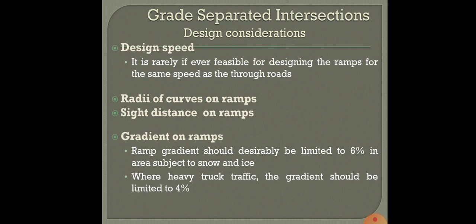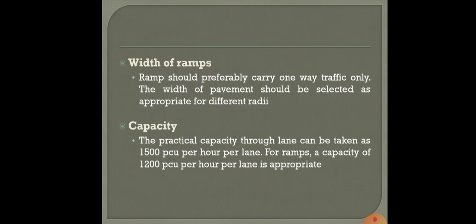And of course the gradient on the ramp. The gradient has to be limited to 6% in the areas which are subjected to, say, ice or snow, and where there is heavy traffic flow or truck traffic, etc., the gradient should be limited to say 4%. So unlike in the case of an intersection at grade, in this case the radii of the ramp as well as the sight distance on the ramp have to be considered. And also the width of the ramp. The ramp should preferably carry one-way traffic only, because it will be safer. And also the width of the pavement should be selected